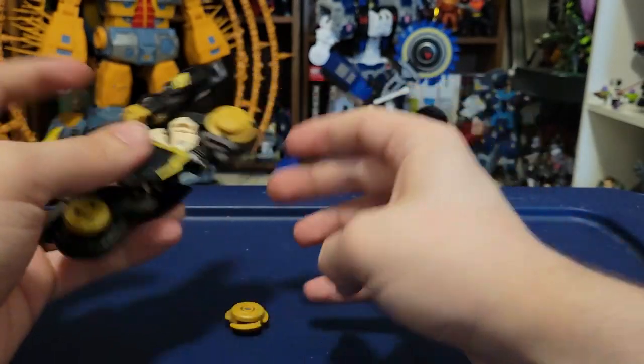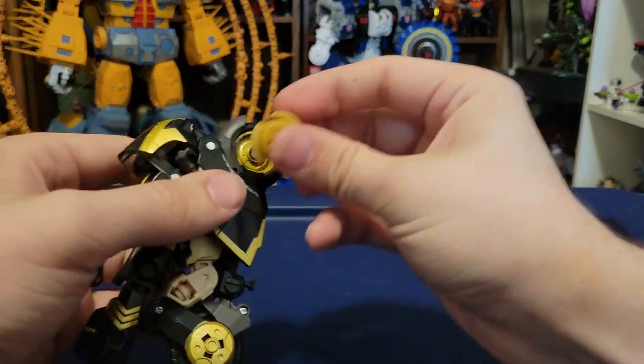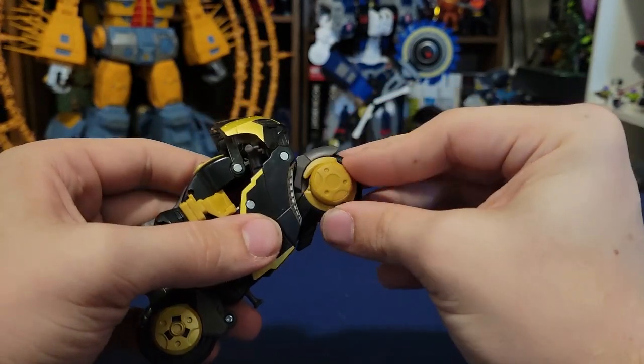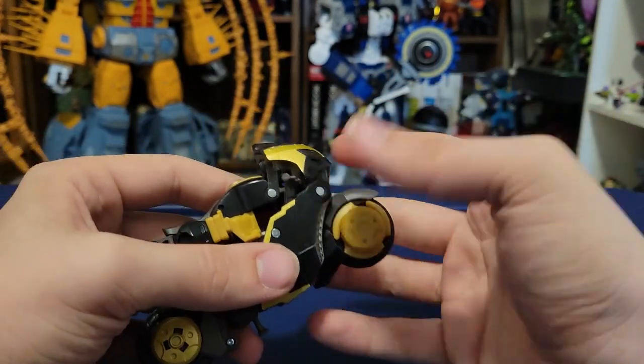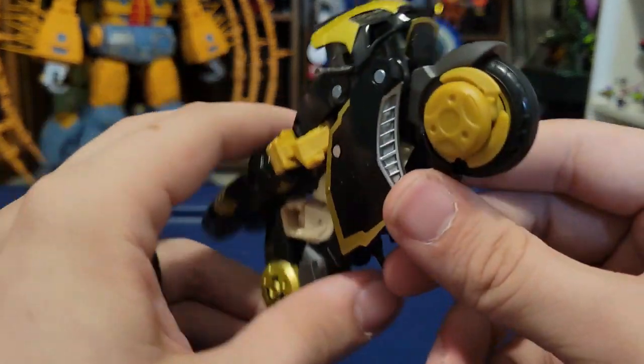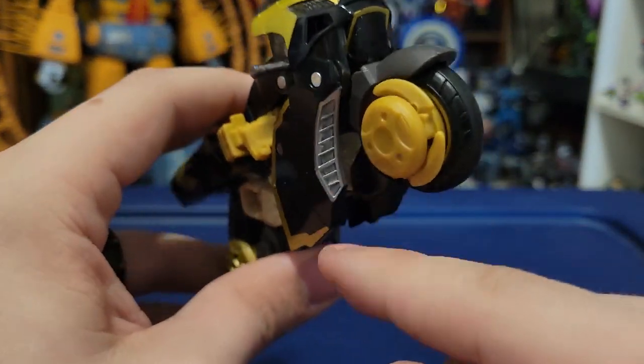Okay, yeah, you'll want them to go that way. So I guess be observant as to which way you're putting the Ninja Stars on. So you want them to circle with the way the wheel is going. Anyway, off that side tangent, back to the details, we get the nice vents here up to the front, which